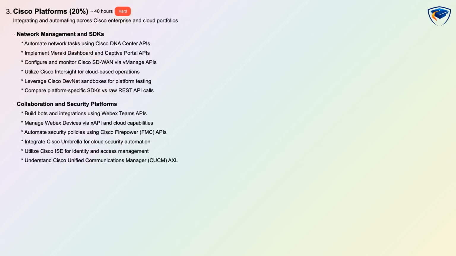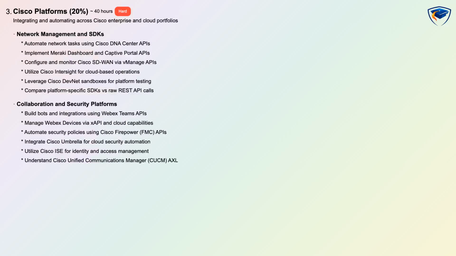The Cisco Platforms domain is all about integrating and automating across Cisco enterprise and cloud portfolios. In this domain, you can expect to be tested on network management and SDKs, including how to automate network tasks using Cisco DNA Center APIs, implement Meraki Dashboard and Captive Portal APIs, configure and monitor Cisco SD-WAN via vManage APIs, utilize Cisco Intersight for cloud-based operations, leverage Cisco DevNet sandboxes for platform testing, and compare platform-specific SDKs versus raw REST